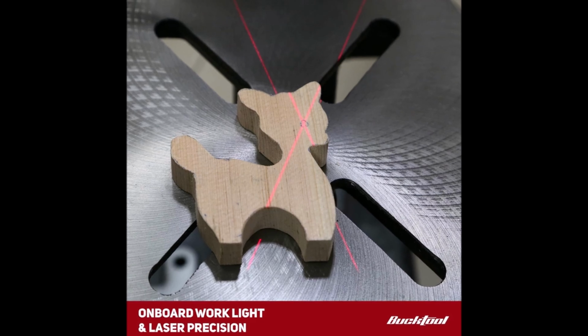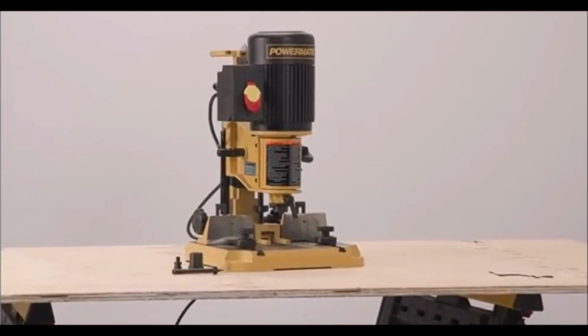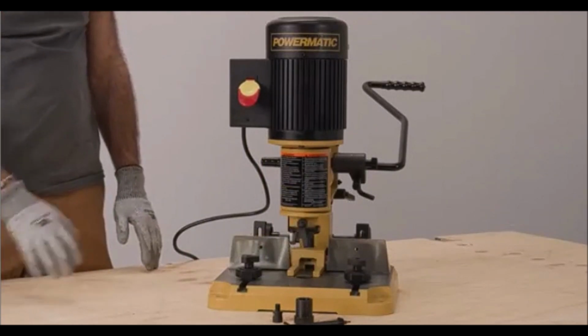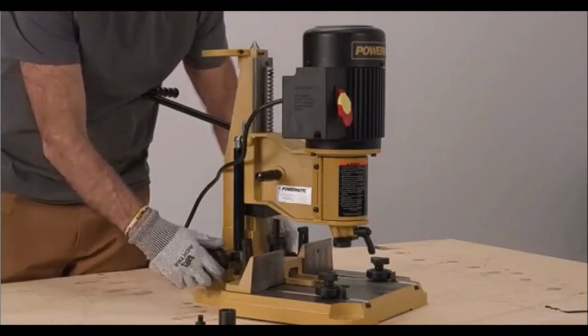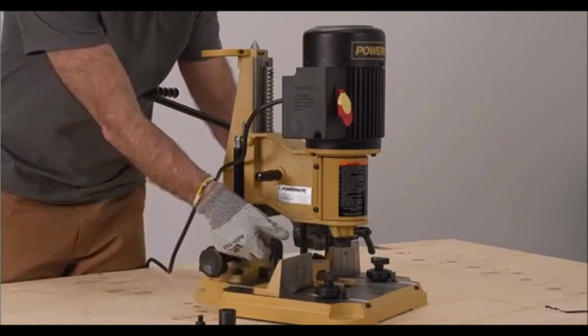demanding projects. Number 9. The Powermatic Benchtop Mortiser is a robust tool designed for precision and ease of use. Featuring a 3/4 inch chisel and a generous 5.5 inch stroke, it allows for efficient mortising in various woodworking projects. The heavy-duty reversible handle can be installed on either side of the head without the need for tools, providing flexibility